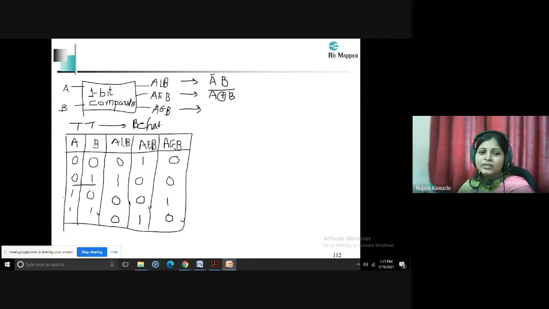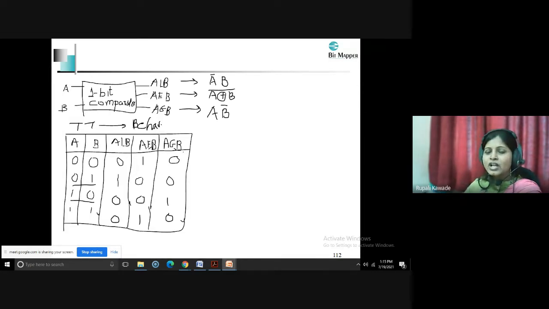And for A greater than B, here you have the combination A and B bar. So this equation you can directly write down in the architecture, and you can complete your data flow modeling style code.